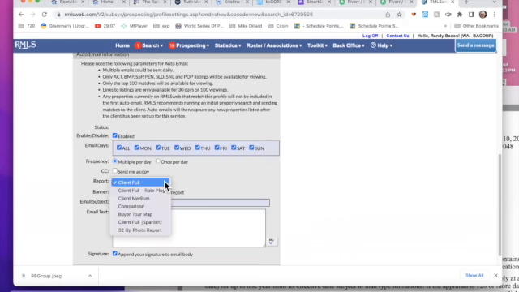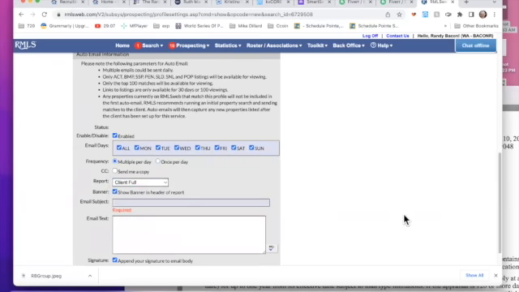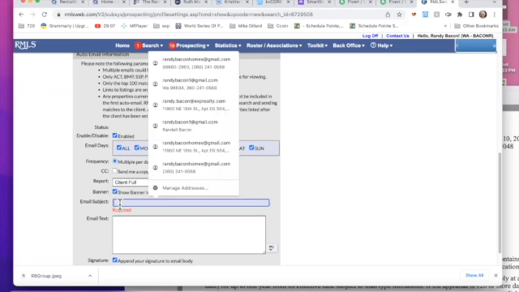I usually send the full report. And then just know whatever you put in the subject line here, your clients are going to get every email. So you may want to put something that's fairly generic. If you try to customize it, thinking that that's a single email, it's not. It's going to go out every single time. So I usually just put something like,